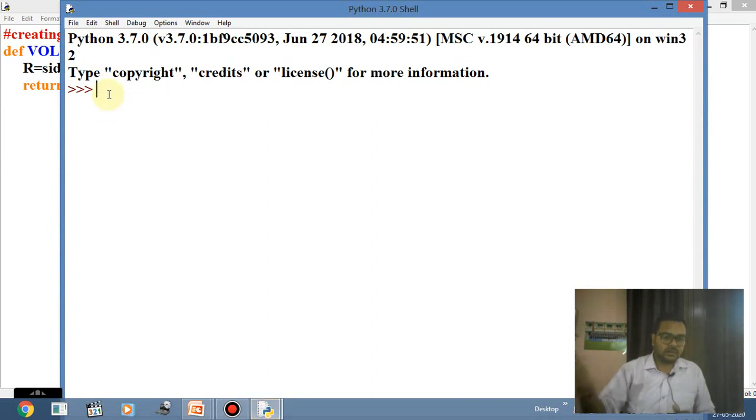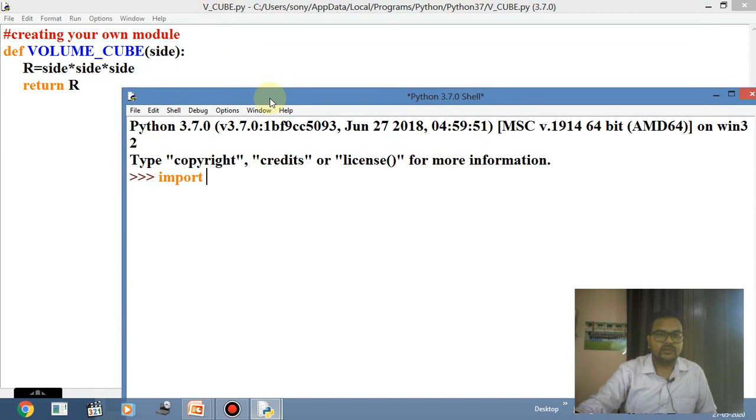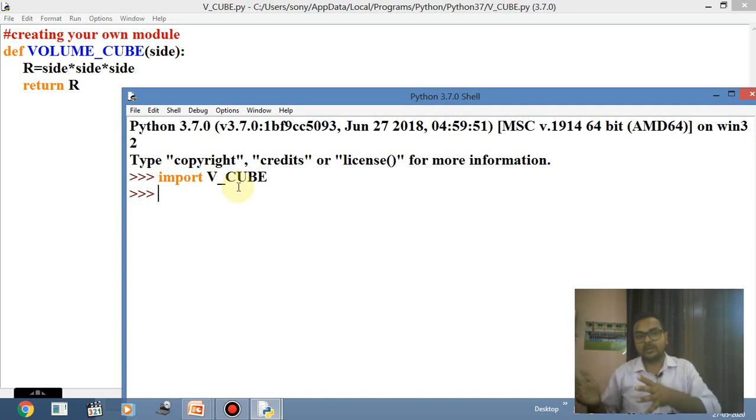So if I use the module, first of all we have this import and the module name. Now what actually is the module name? The way I have saved the file, I have saved the file using v_cube. So here we have v_cube. That means what? अगर मैं इसको रन करता हूँ तो that means ये रन हो चुका है. Now if this v_cube has been run, मैं इसको अलग शेल में, अलग प्रोग्रामिंग वे में यूज़ कर रहा हूँ.